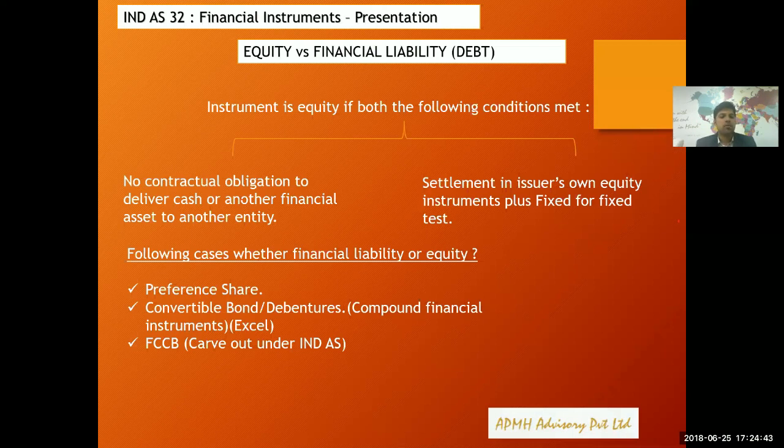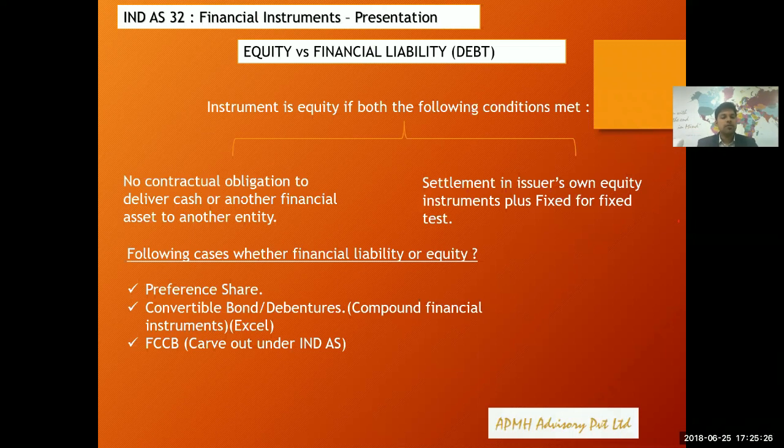So of course your debt equity ratio will change to that extent. In case of convertible bonds and debentures, till now they were classified entirely as a financial liability. But since you know that it is a convertible bond, after a few years it may get converted into equity shares. So it has some sort of equity option in it and some financial liability portion in it. So you have to bifurcate this type of loan into equity and financial liability under the IND AS scenario. Compound financial instruments have to be bifurcated into equity and loan. Again, it will have an impact on your